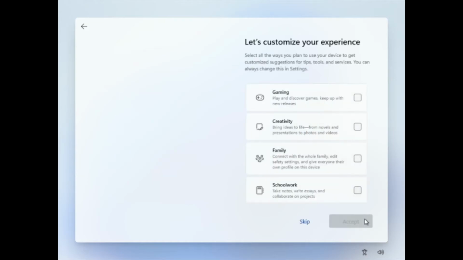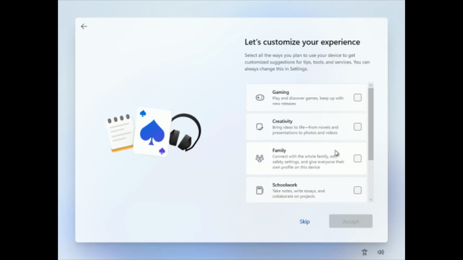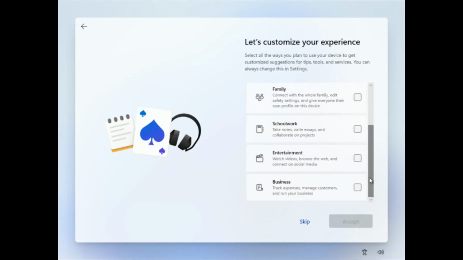All right, and then this is where we're going to customize our Windows experience by letting Windows know how we'll be using the machine. We're just doing business, so we'll select that and continue. But of course, you've got other options there to make your experience a little better.